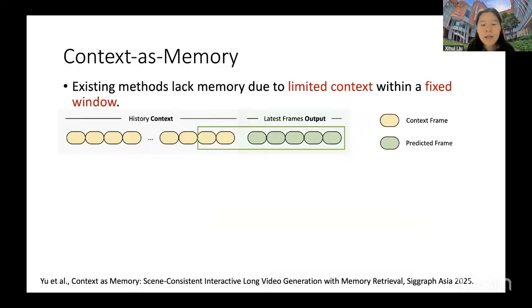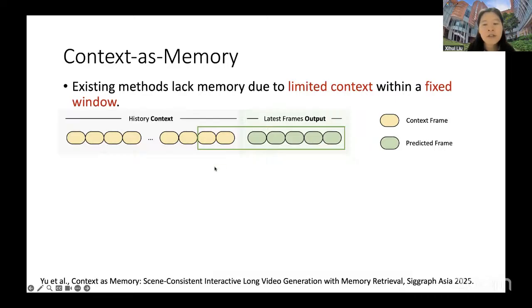So let's come back to the basic architecture of video generation. Basically, in video generation, we have a long history context, which is the frames that we have generated before. Then the model is required to generate these green frames, which are the new latest frames.